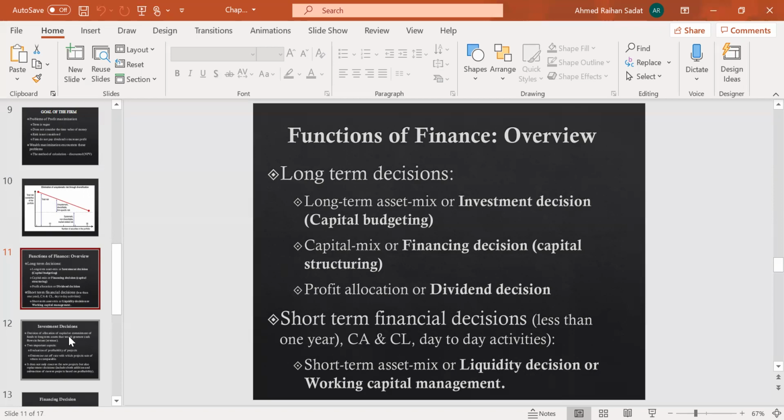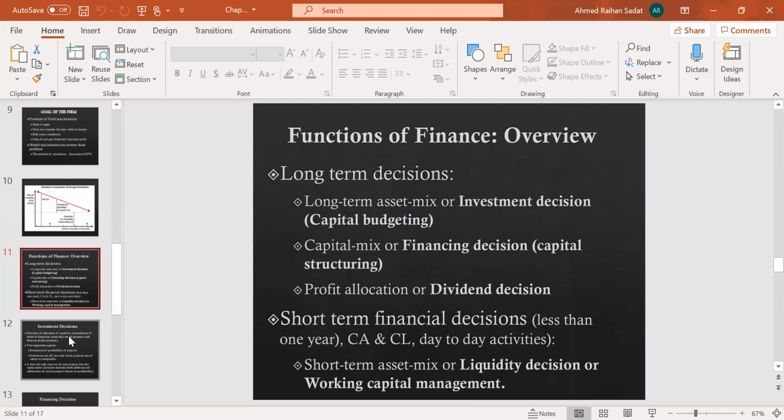Why am I saying it is a function of the second part? Because the financing decision deals with where to source the fund from, and this is where equity and debt come from. And in equity, we take the dividend decision. So that's why it's a part of the second one. But the dividend decision can be considered a separate decision because it's also a long-term crucial decision that the management needs to make. I'm saying it's crucial because the dividend decision can affect the main ultimate goal, which is the wealth, or the value of the company in the market. That's why the dividend decision is very crucial. So I have talked briefly about all of these things.